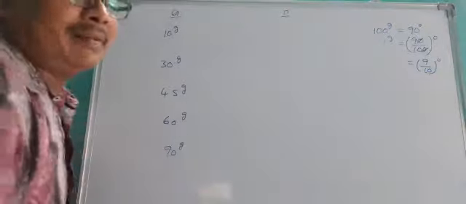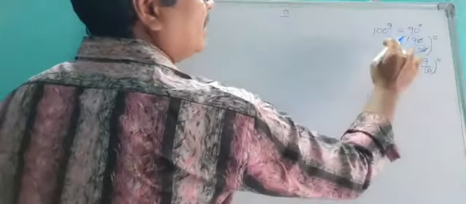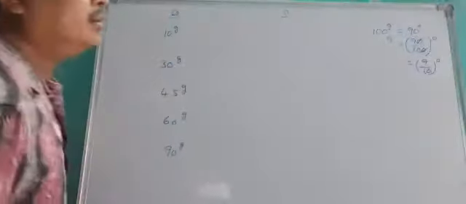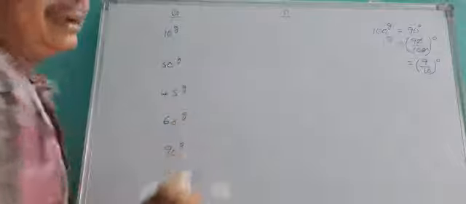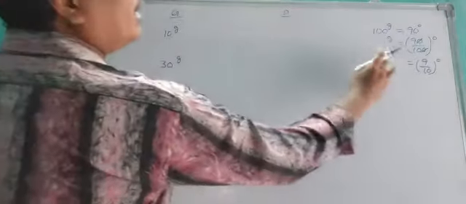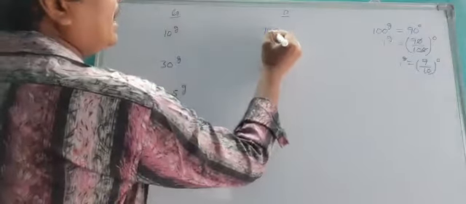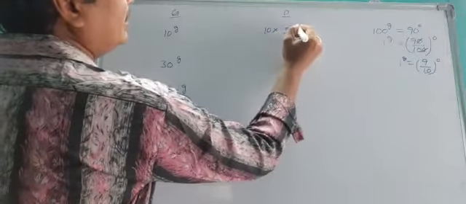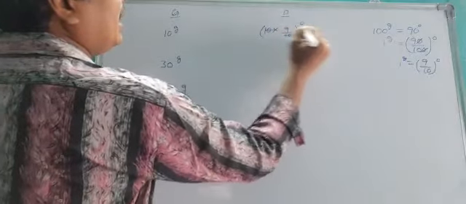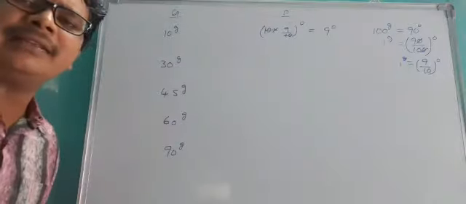That means 100 grades can be expressed as 1 grade into 100. Here 100 is multiplication; on transposition, it becomes division. Okay, so we want to find out 10 grades. 10 grades equal how many degrees? 1 grade equals 9 by 10 degrees. 10 grades equal simply 10 into 9 by 10 degrees. So 10 and 10 cancel, that equals simply 9 degrees.